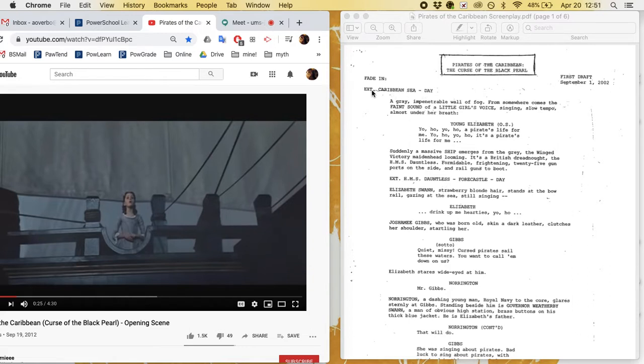Paying attention to things that are in capital letters and things that aren't. Things that are important are in capital letters. The purpose being that it's easy to read, but it's also really easy to scan and find. You will notice that there are character names, the slug lines and the scenes, the transitions. Look, faint sound of little girl's voice. Well, probably somebody's going to need to Foley that in later, or do an overdub sort of thing. Massive ship. Obviously, that's something that prop builders, they've got a lot of people working on the little things, but